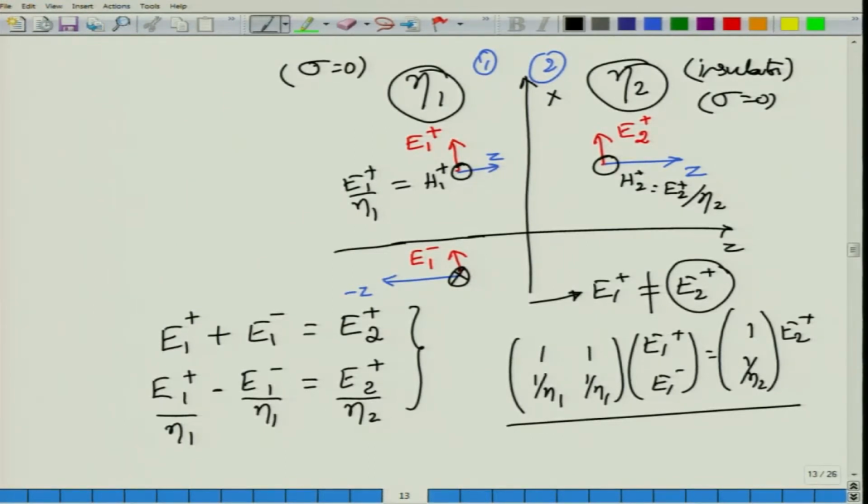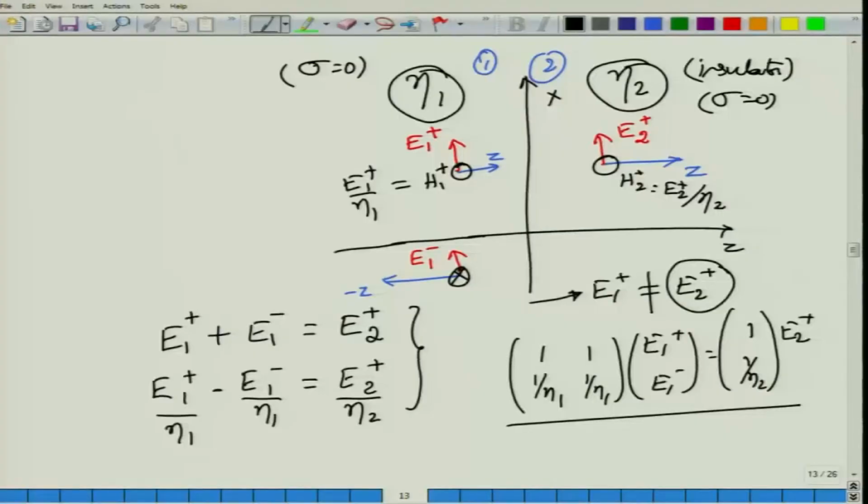This ratio of E1 minus to E1 plus of course is what is called the reflection coefficient, and the ratio of E2 plus, the amplitude of the transmitted field, to E1 plus, which is the amplitude of the incident field, will be called the transmission coefficient, right. I will leave this again as a small exercise for you. You just have to sum and then difference the equations on the left and the right hand side to show